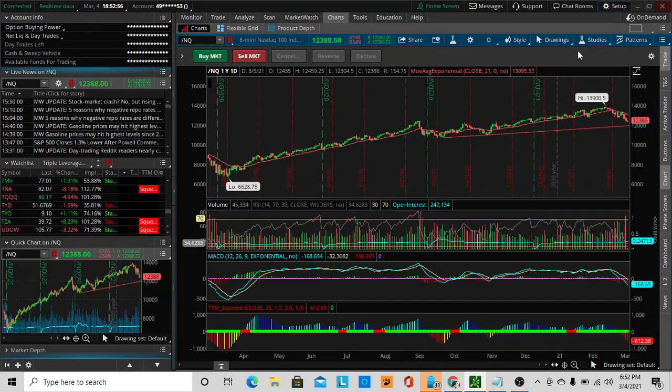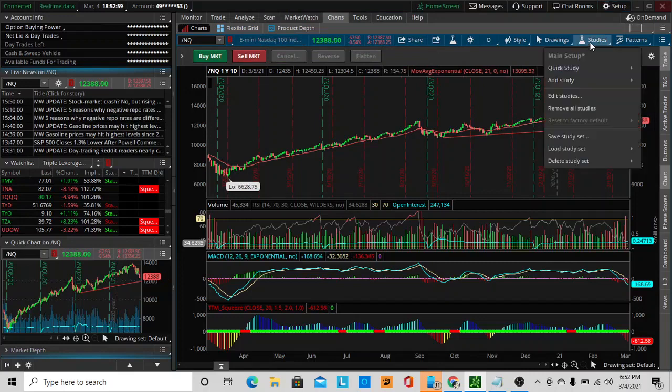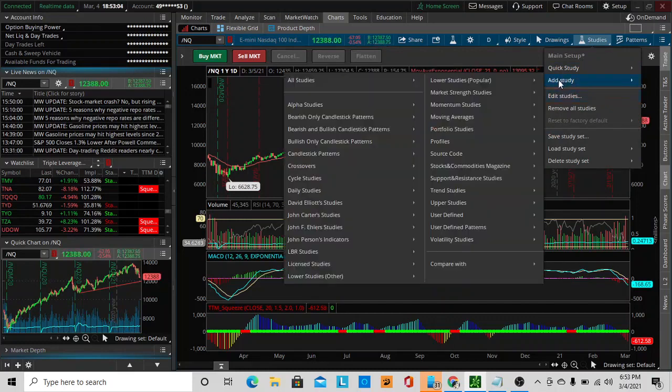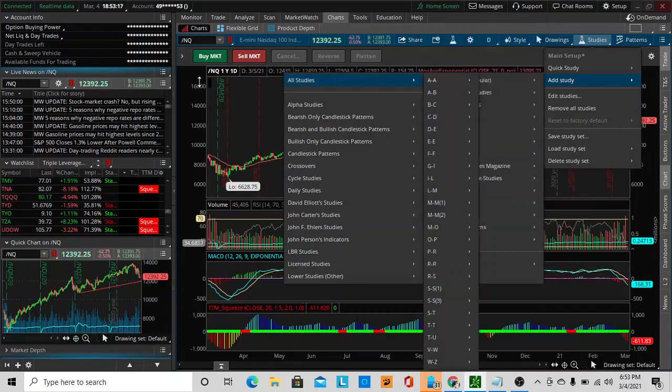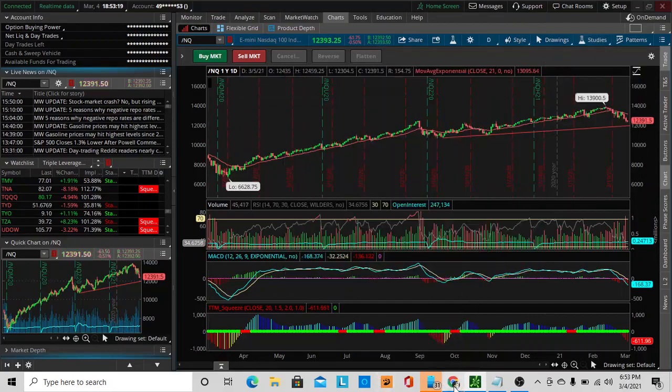So once you do that, you go to your studies, and you can either add a study or edit study. If you go to add a study, then it would be under user defined. And let's find AutoFib, and it's right there. So you could add that to your charts. Since that's a study, if you download one of the